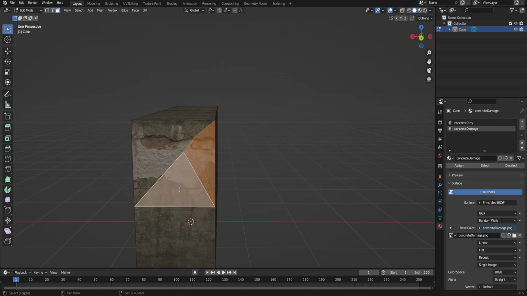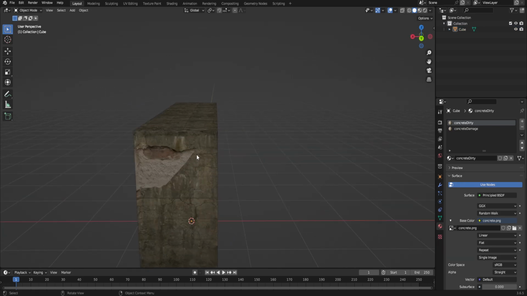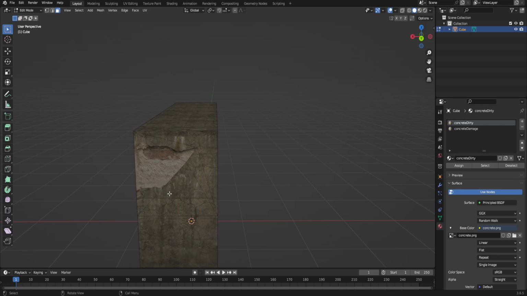But I can select these polys here and then switch those back. And then now I have that detail. It is cut off a little sharply here, which I'm not a huge fan of. Is there a poly I can,